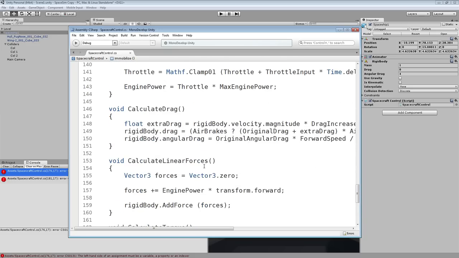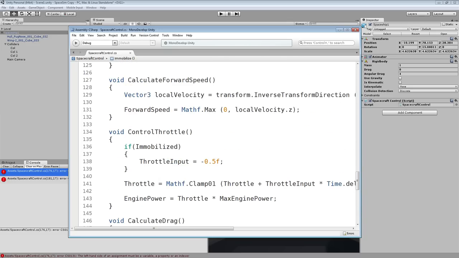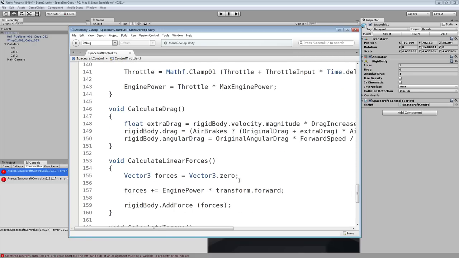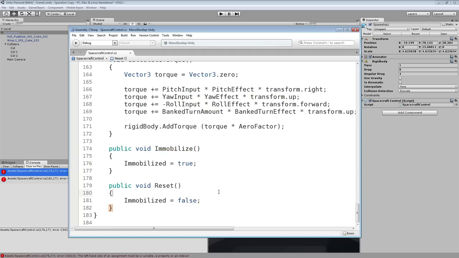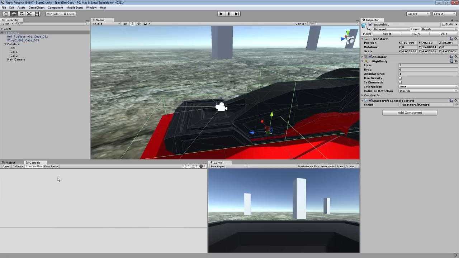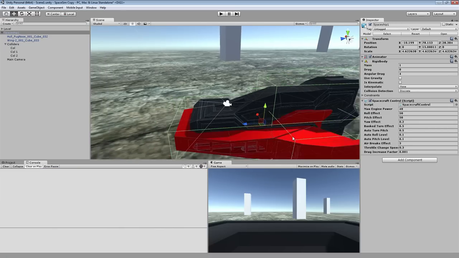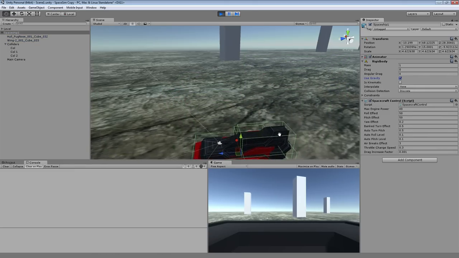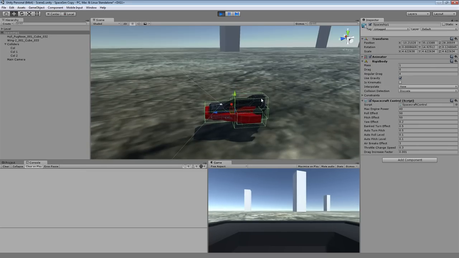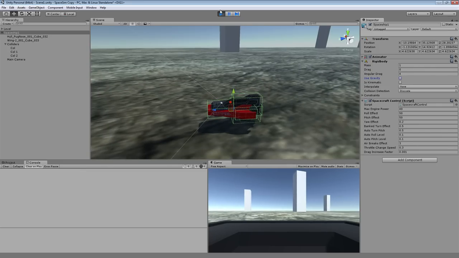Let's make sure there is no other error. Yes, okay, it's all correct. Instead of having the variable, I had the function. This will fix it. Even if we hit play, it doesn't do anything. If I enable gravity, of course we fall to the ground, but since we don't want that,